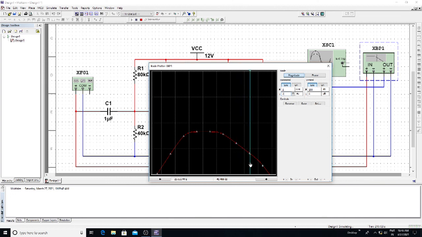The next point, 25.633 megahertz, gain is 39.845. The last point is 230.604 megahertz and gain is 16.638 dB. Now these are the points with corresponding frequency and gain. You can trace the line, keep the line on each of the points, and note down the values.